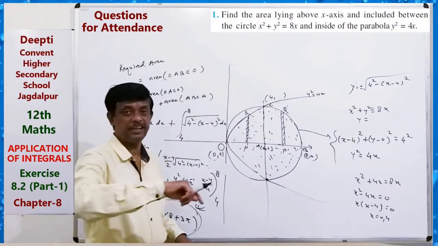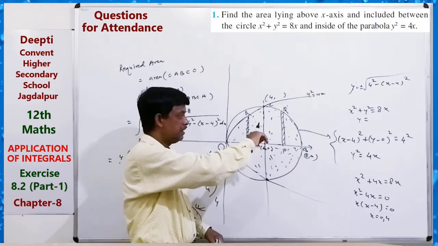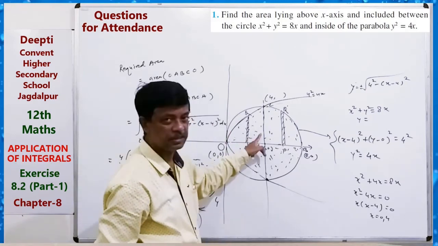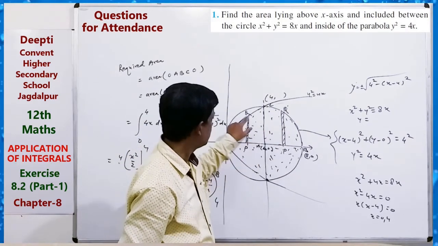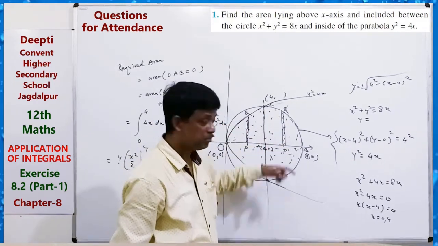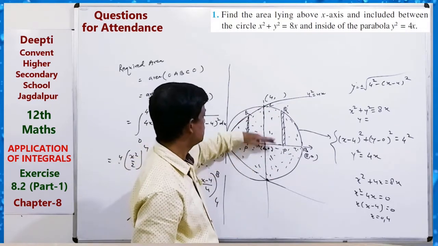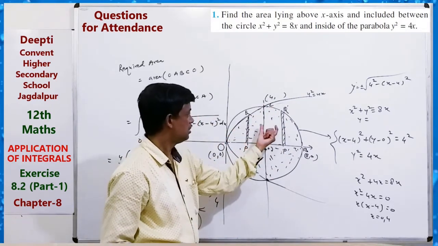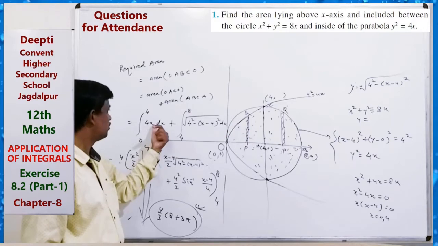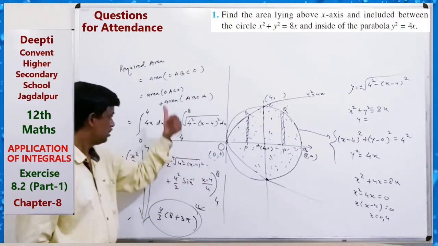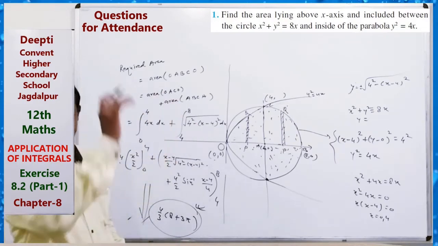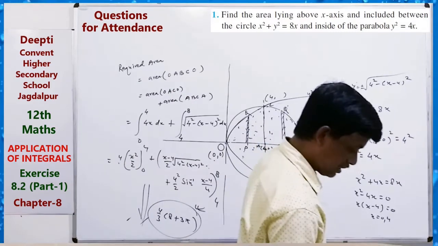Now the inside area of the parabola and this circle is this, because the inside area is this and this is the outside of the parabola. So this is not included, only this side. But above the x-axis, that is only this part. So this equals this plus this. So two parts are there. First part, this is the formula. Second part, this is the formula. Applying the formula and applying the limits, you can solve and get the answer. These are the first questions. Okay, now the second question.